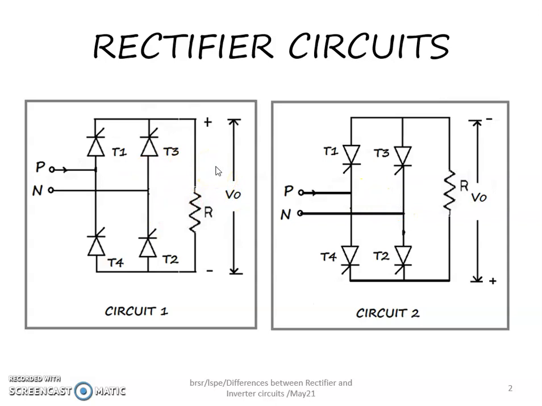When it is given an AC supply, we will be getting a DC supply with the directions marked as plus and minus, whereas with the second circuit you will get again a DC supply but minus and plus, which means that if a load is connected, say in the place of R a motor is connected, with circuit 1 the motor will be operating in a direction, say clockwise. With the second circuit, the motor would be operating in the anti-clockwise direction, but conventionally we normally make use of circuit 1.